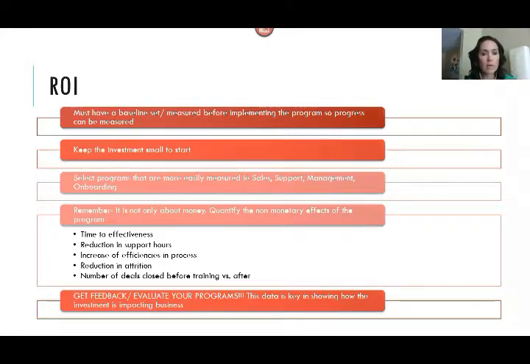And lastly, and this is one thing that a lot of learning development programs don't do well or at all, is make sure you're evaluating your programs and getting feedback. And you want to be doing that all the time. So this data is key in making sure that you are continually making your programs better. If you put out a program and immediately you're not seeing that return on investment, get feedback, find out why, find out what is going on with the content or maybe the way that it's being put out there. Talk to the people that are taking your training and find out, and then make the changes. If you're not constantly evaluating, and if you're just kind of setting it and forgetting it, it's going to become stale. People are going to stop taking it. And then right there, you are not going to be able to show the value of it.